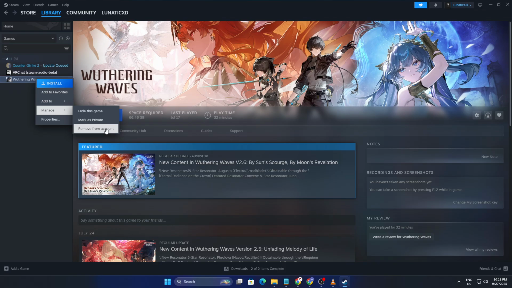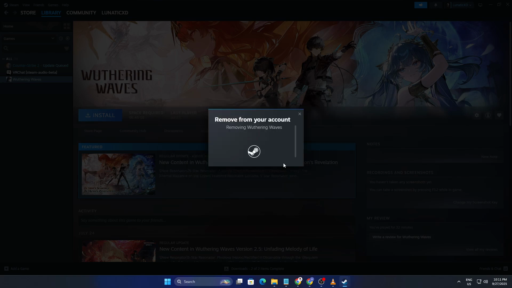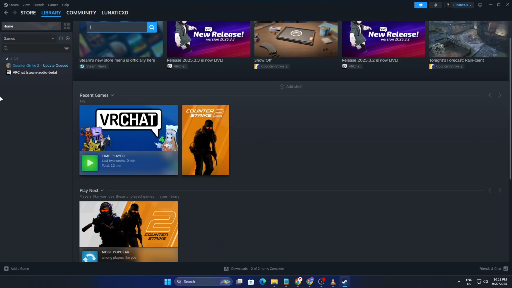Steam will show a warning letting you know that this action permanently deletes the game from your library and your ownership. If you're absolutely sure, confirm the removal. Once you do that, the game disappears from your library completely. You won't see it in your collection anymore, and you won't be able to reinstall it without repurchasing or re-redeeming it. It's a clean final way to tidy up your list and get rid of games you don't care about,